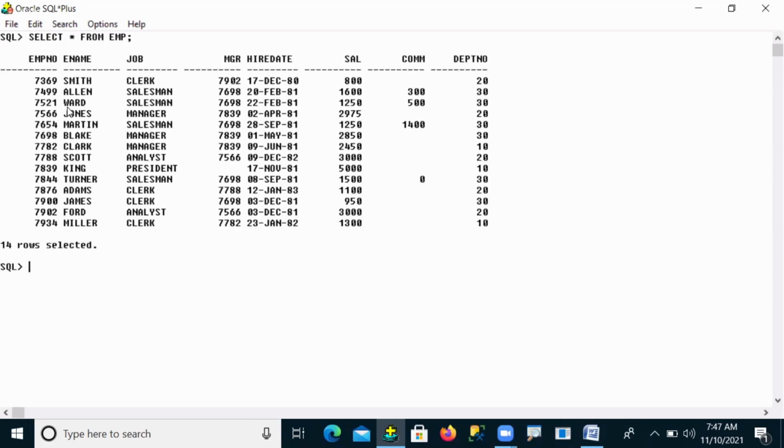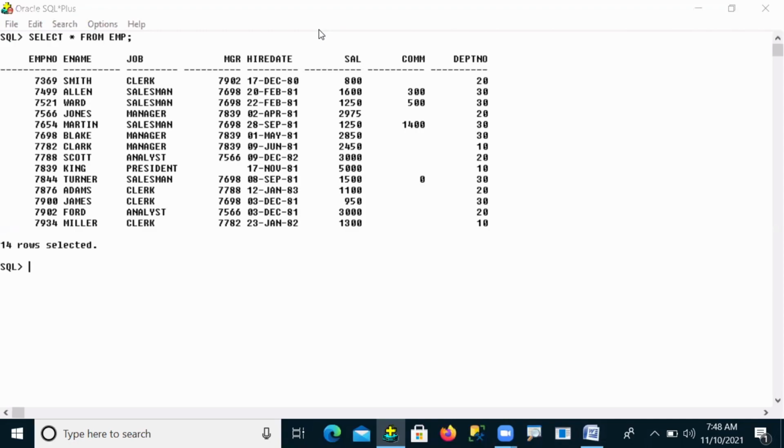Now you can see every column in this table: EMP number column, name column, job column, MGR, hire date columns, salary, commission, and department number. So in every column you can see only one value. Yes or no, guys?